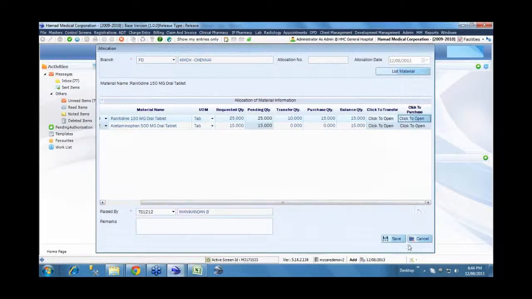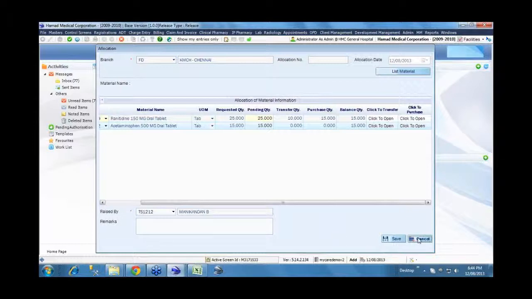So they can even make a request to the respective substore where that item is available in excess to do a transfer to this substore. All of this can be controlled by the person in authority within the main warehouse.